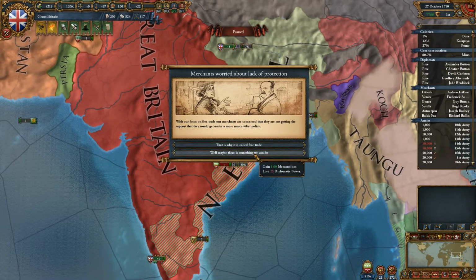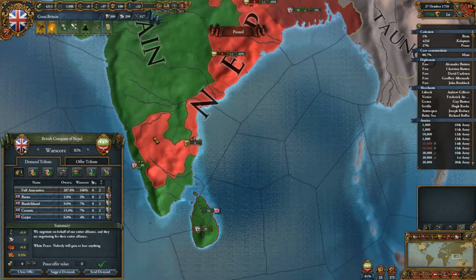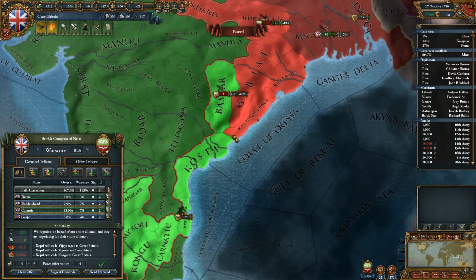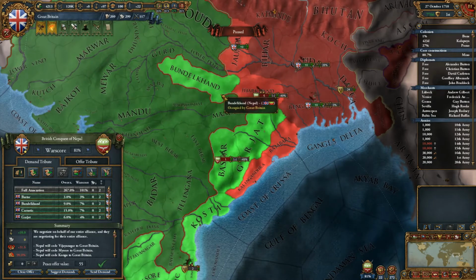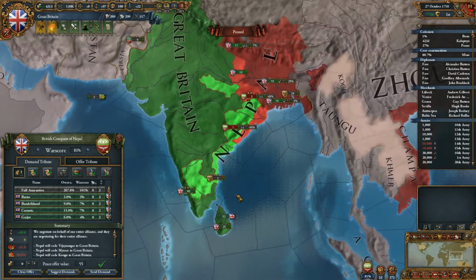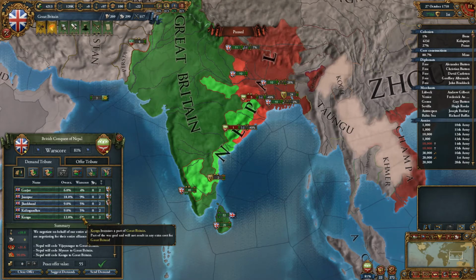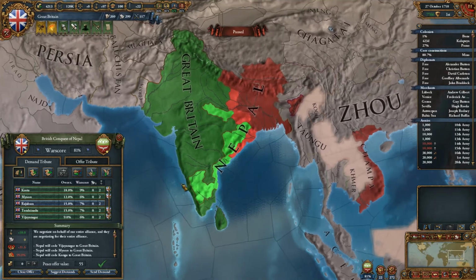Jaipur is done, which is good. There is something we can do, and we will do it. Let's see, how much can I actually take before it becomes too much? I can take this, then it becomes too much. So as you can see here, with the current setup, I can take more or less as much land as I will need or want to, but overextension is of course going to be a